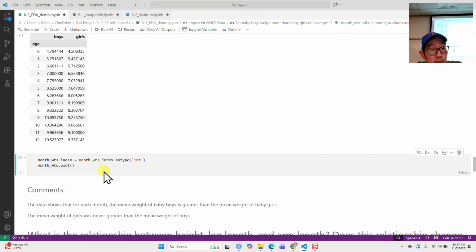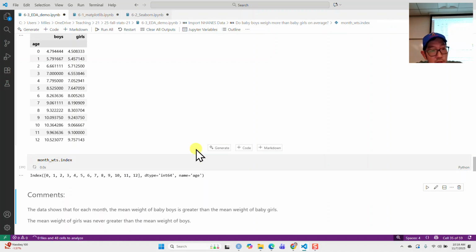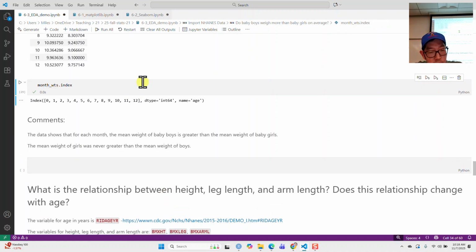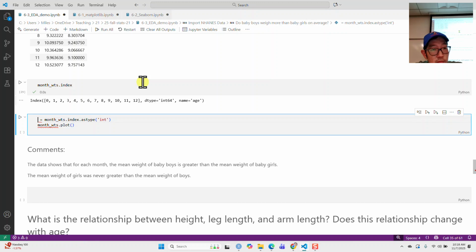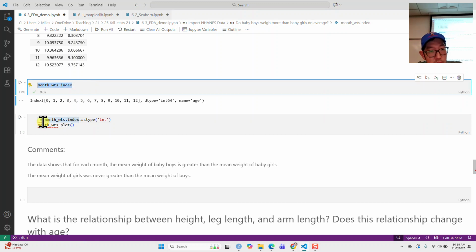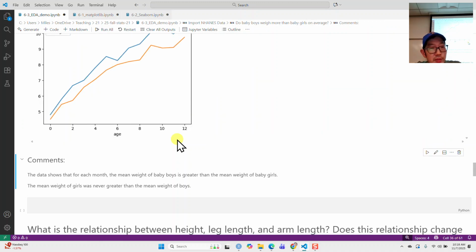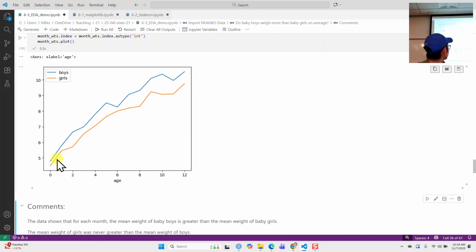Okay. And then we'll take the index. I think right now, let me just check. So yeah, the index is an int, but I guess I'm just gonna make sure the index is an int, and then we'll call plot. Okay, and so here's a plot comparing the average weight of girls and boys, and we can see just kind